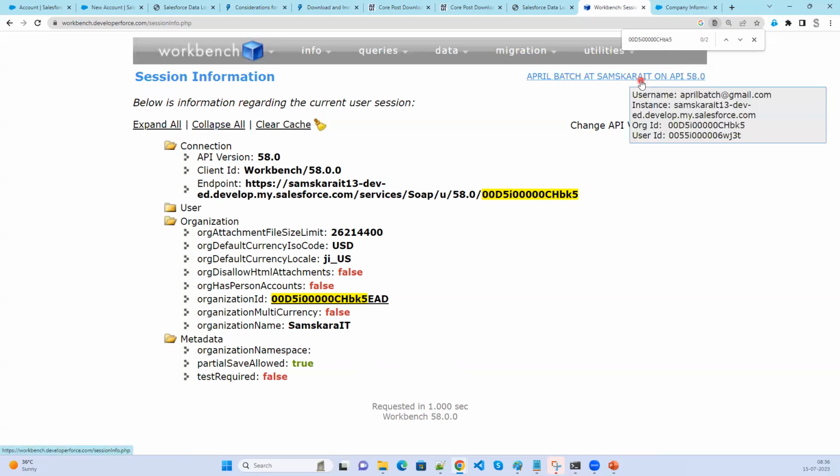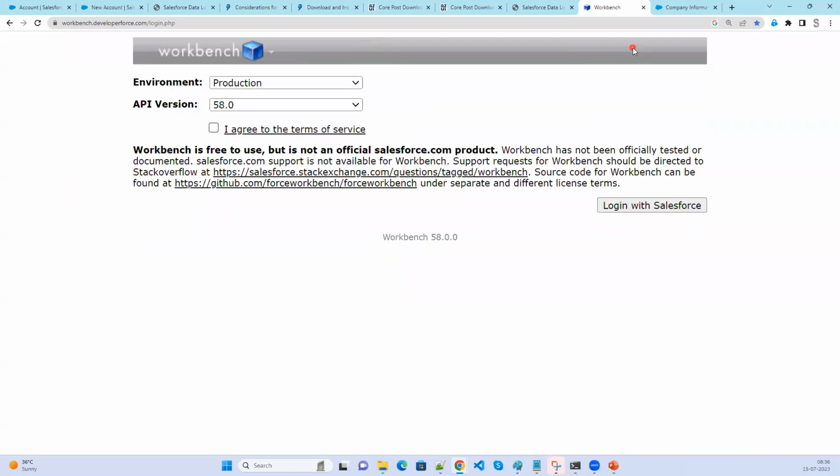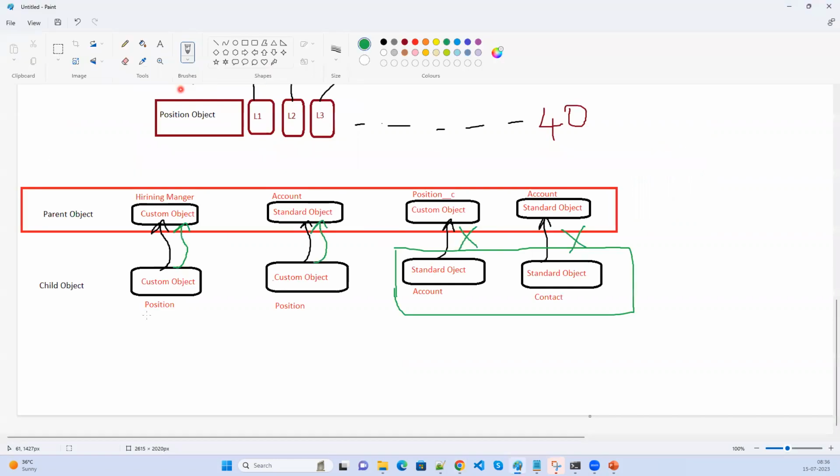if you are able to connect to Salesforce. If you are able to connect to Salesforce, then only you will be able to access it. Now, if I click on log out, you will not be able to see anything. You will not be able to see any of those options. That means if your Salesforce is connected to the workbench, then only the API has been implemented. That means if I do not have any API connection,